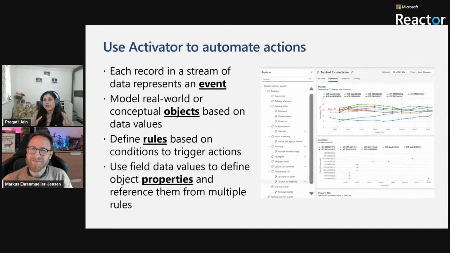Now in Microsoft Fabric, when we talk about Activator, it is comparable to the tools that automate your workflows and actions based on real-time data triggers. If you come from an Azure background, then it is similar to Azure Logic Apps, which is a service that automates your workflows and integrates apps, data, and services by responding to triggers and actions.